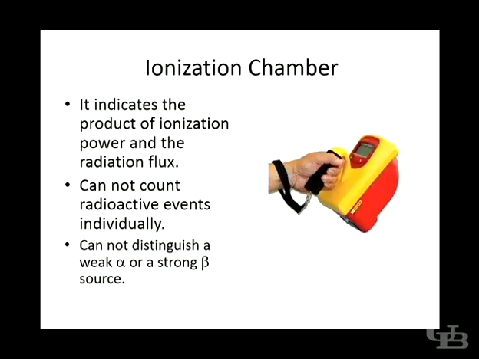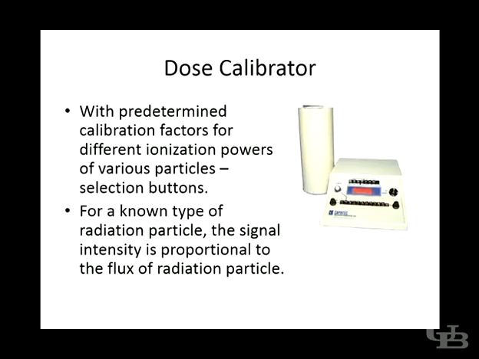Ionization chamber, you may see it in a lab. Those dose calibrators are ionization chambers. This picture is exactly what we have in the lab. So you have two parts. One basically looks like a cylinder. Inside is a vial, and you drop your radioactivity sample in the vial, and here is the electronics part, and this is the display. These are buttons.